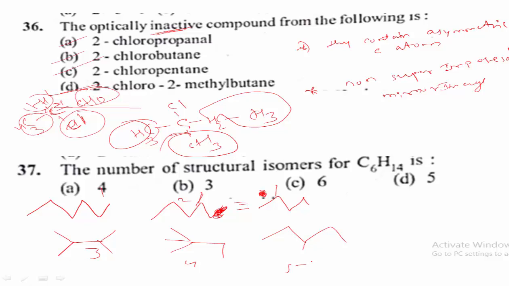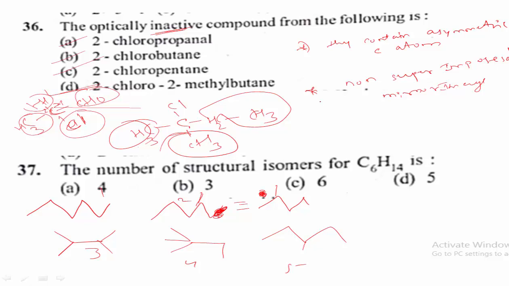For alkanes, the isomers are only structural isomers. Students remember, when acyclic or cyclic is asked separately, you don't use this formula. Only when structural isomers are asked should you use this formula. What is the formula? Remember students, this is the trick to find the number of structural isomers for